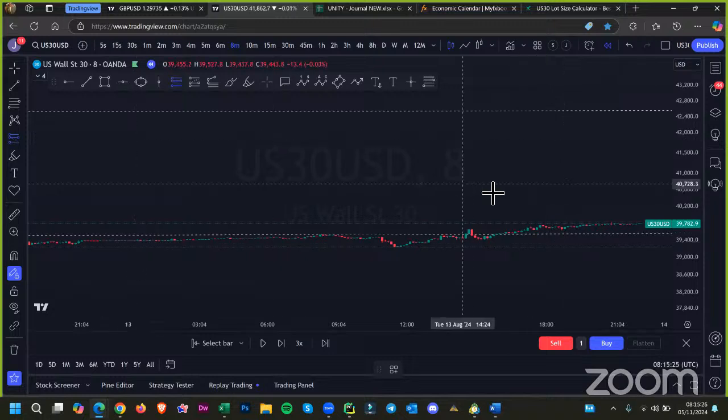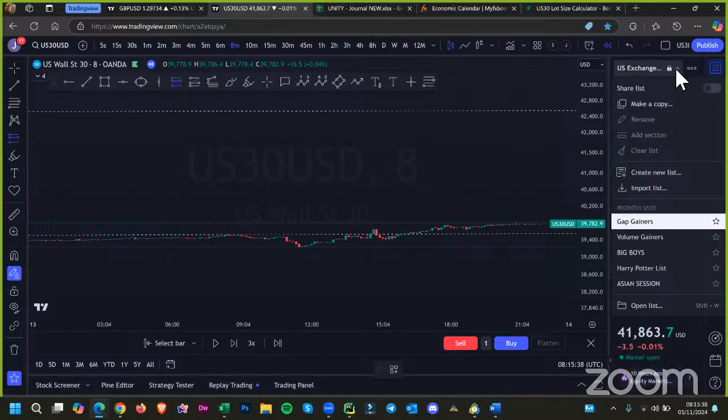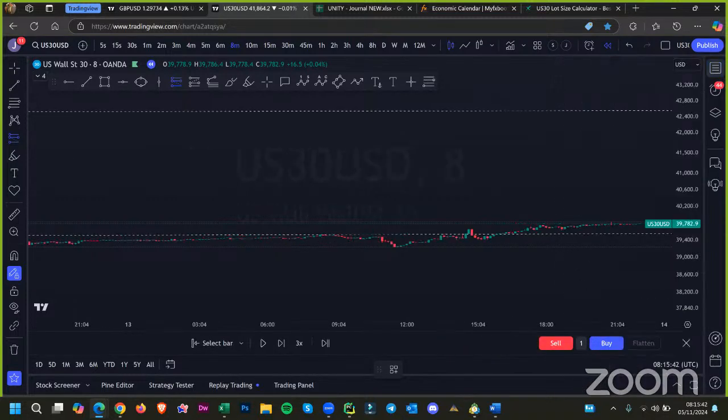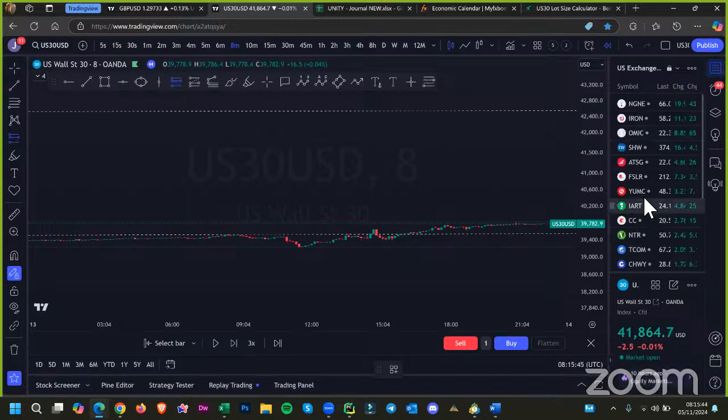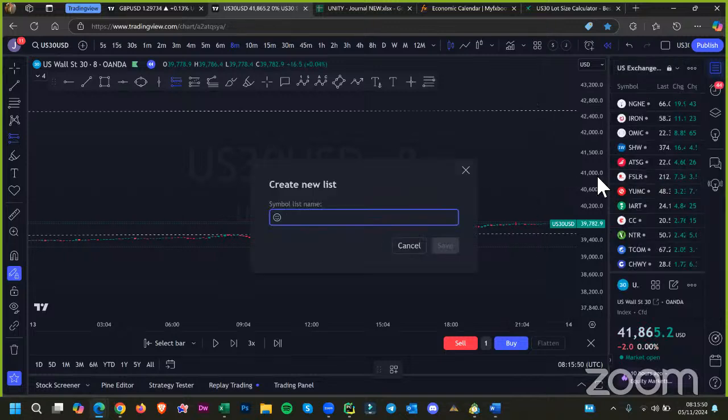All right, now another thing that we do is you can have a watch list. You can create watch lists. So what does that mean? That means you only trade a certain couple of pairs, for example, and you can go in this right panel, this first one over here, and you can create a watch list. So say for argument's sake, I can come in here, click this little arrow, go to create new list, and I could call this